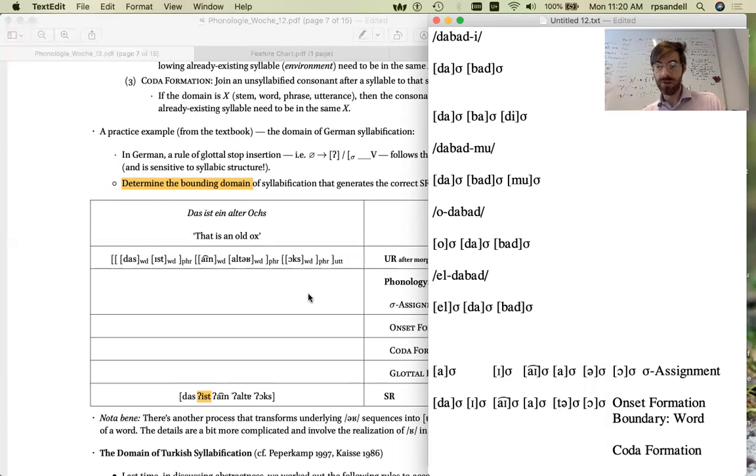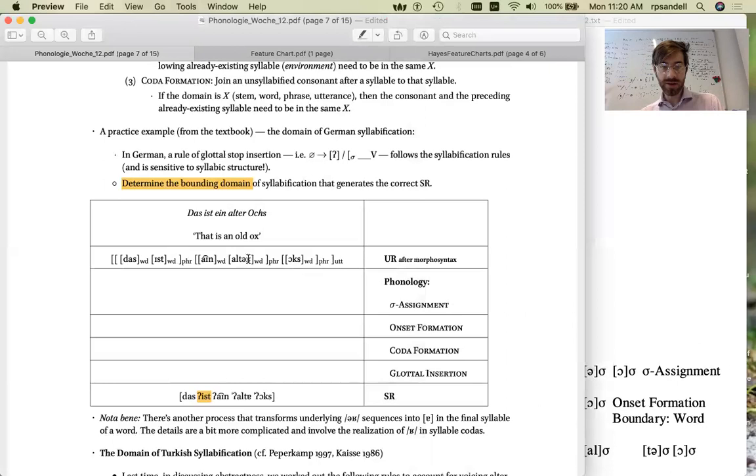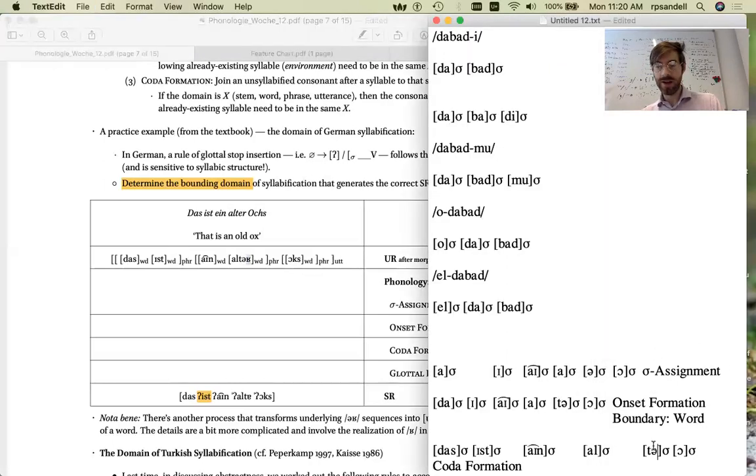Otherwise, no other onsets were added. Now, when coda formation applies, all of the remaining still unsyllabified segments will be placed into codas. So das ist, the nasal of ein, the L of alta, the rhotic of alta, and finally the ka and